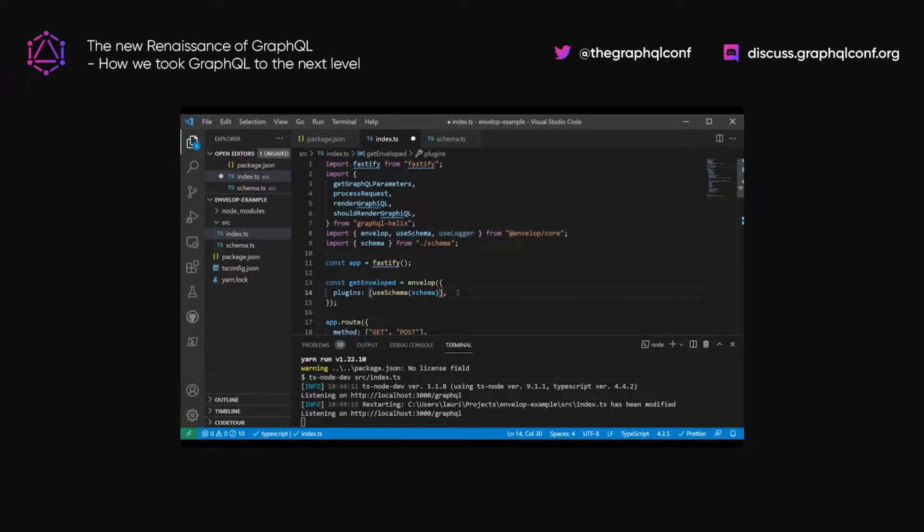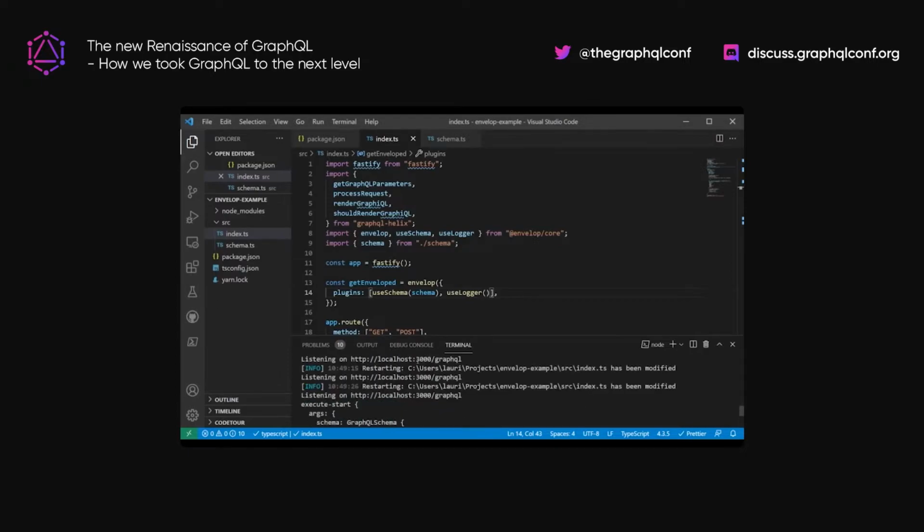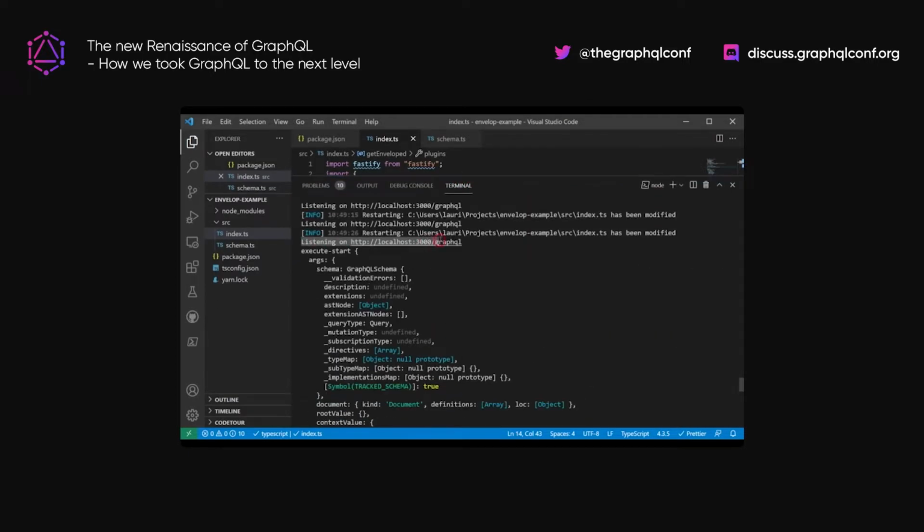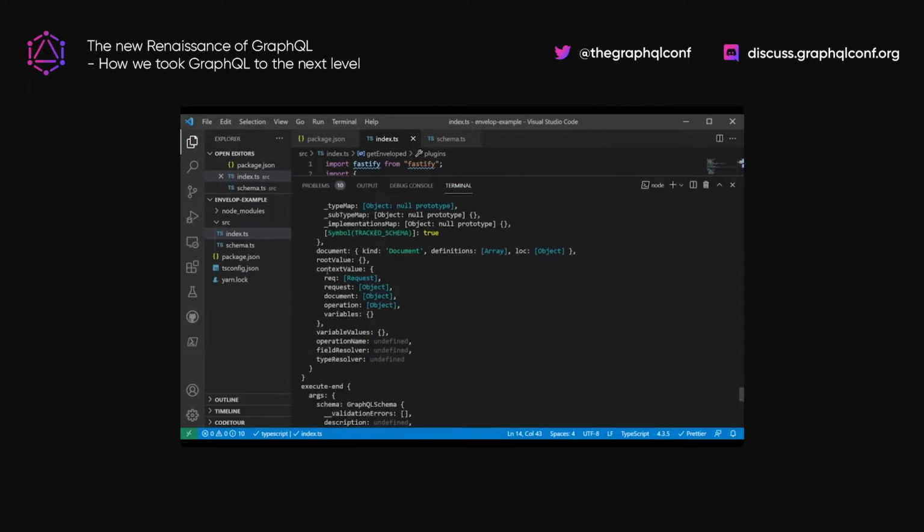Now, let's look at the power of it. So everything is the same, nothing changed, we use the exact same version, but now let's say we want to add a logger. So all we need is to do that. We just get the logger, we use the logger, and that's it. Now I run the app, I run the server, and you can see here I have in-depth logging of everything that happened on the server. And that's just with one line of code.